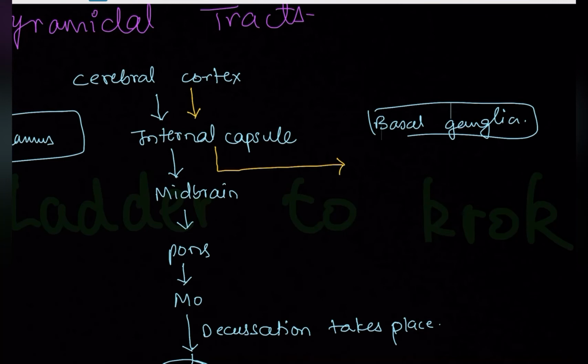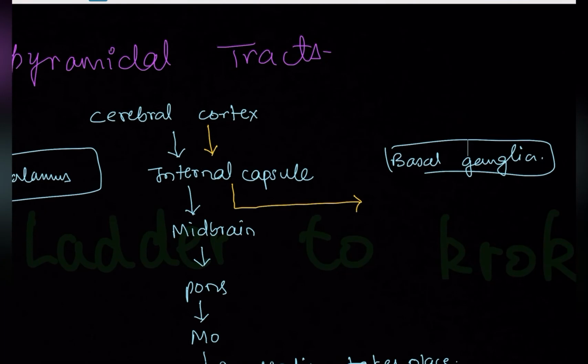Same way for the other cranial nerves. Whatever function or whatever cranial nerve is required, the synapse will be done with the same cranial nerve nuclei. Okay. So that was just an example of how you should write it down. From the internal capsule, they go to specific or particular nuclei in the brainstem.